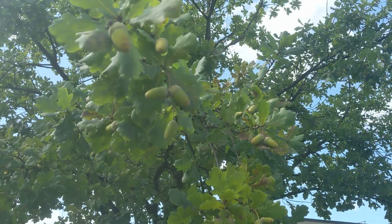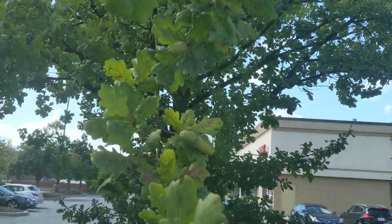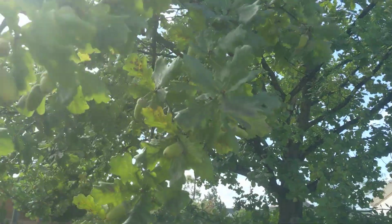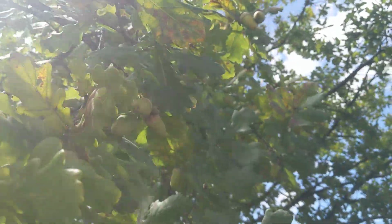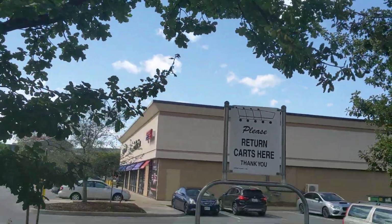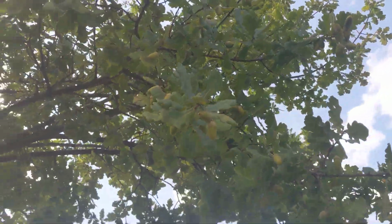They're totally drought-proof, flood-proof, very productive, large acorns, excellent wildlife tree. The acorns are definitely high in tannins, so if you're going to eat them, you have to leach them quite a bit. But as far as producing food, it's pretty cool, just growing in places like this, and a single small tree like this will make